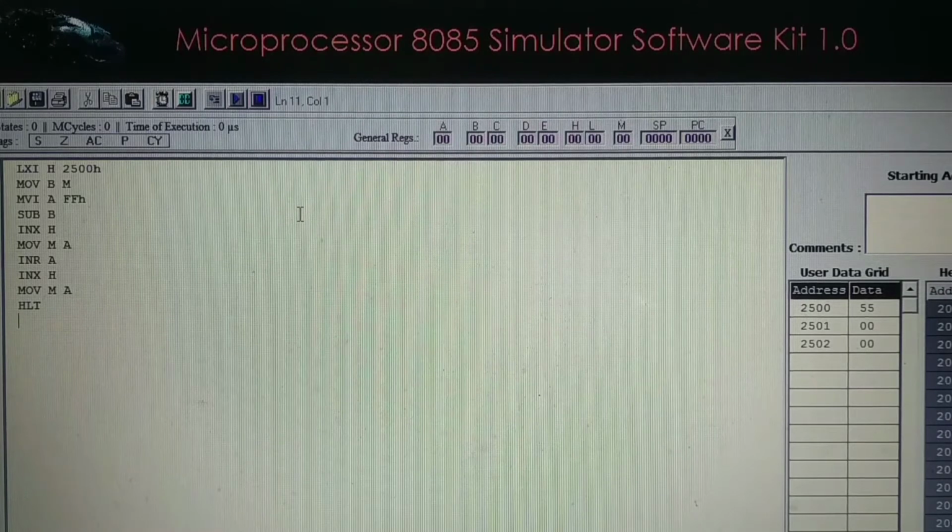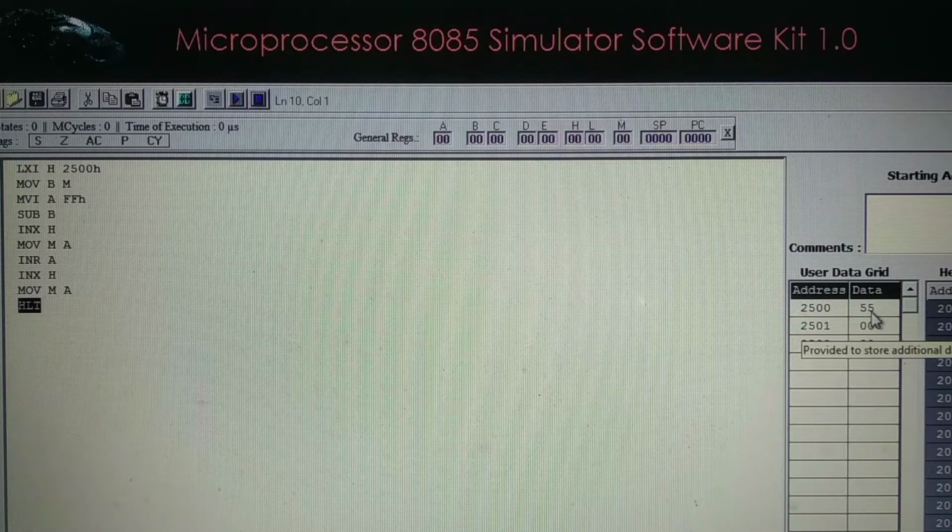Here is the program. We will execute the program step by step: LXI H, MOV B,M, MVI A FF, SUB B, INX H, MOV M,A, INR A, INX H, MOV M,A and HLT. At 2500, the number taken is 55.